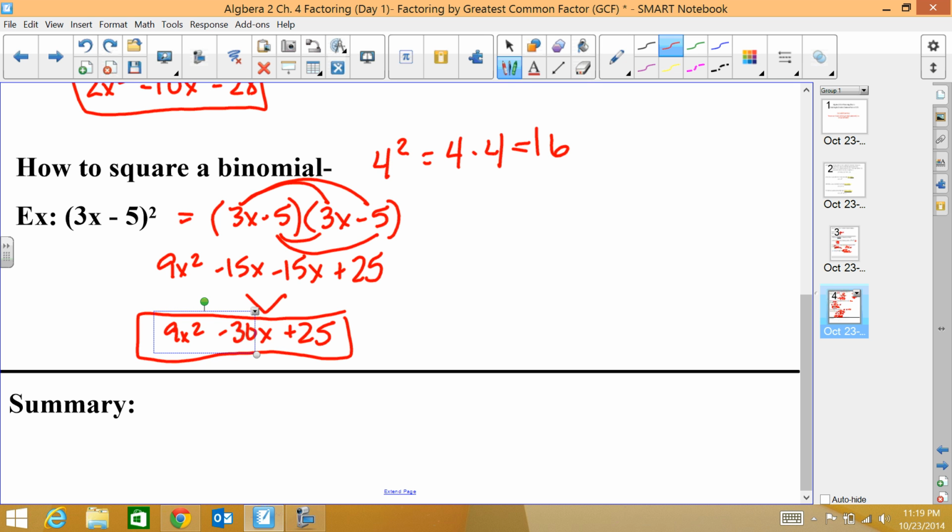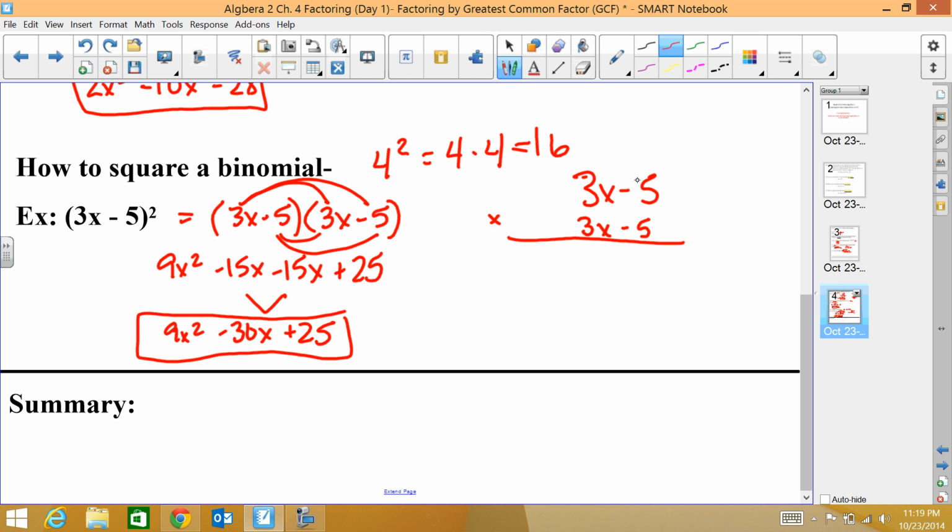Now, if you are done with this method, you like double distribution best, you can go ahead and stop the video and write your summary. Just make sure to answer your essential question. But I am going to show the stacked method, so if you like that better, I'll show that one more time. So if I have 3x minus 5 times 3x minus 5, and I stack it,